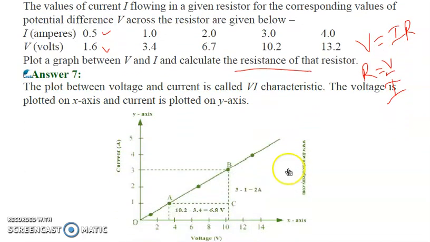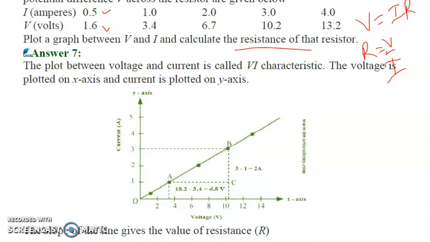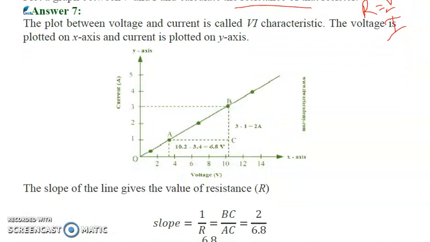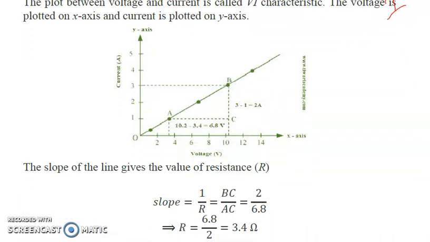So this is the way to plot the values. This you have learnt in your 9th class as well. You can clearly see in the graph. You can take a reasonable scale if you want, and we can calculate the value. And one more thing that you have to remember is that you have to calculate the resistance by the slope, and slope means change in values for the y-axis with respect to the change in values for the x-axis. So the slope of this line will give us the resistance.